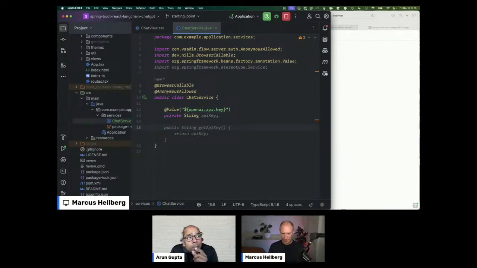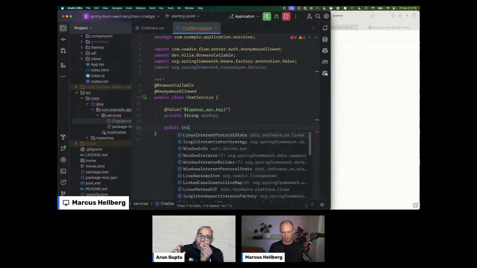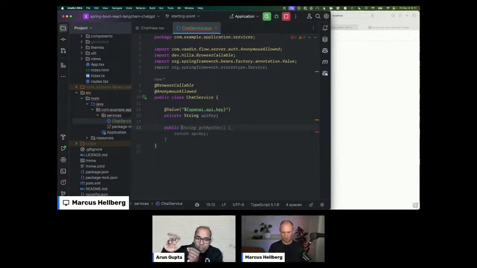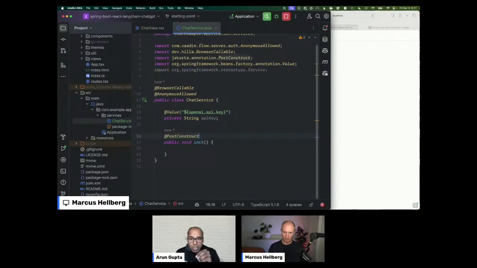Now, how would that work if this were to be deployed in an AWS environment or some other hyperscaler? In that case, you would define the secret in your AWS environment. You would set the same key there, and that would allow you to access it. It will automatically inject the key value here in this environment variable, and wherever you call the API key, that key value is available to you. Yeah, that's correct. Got it.